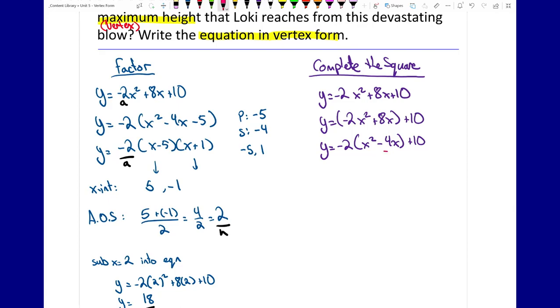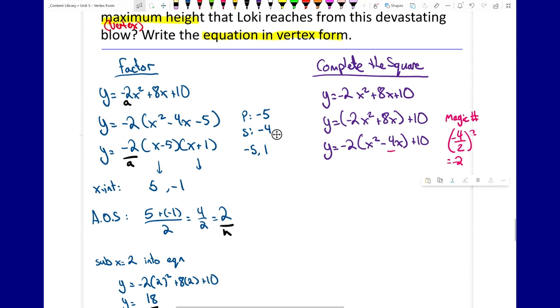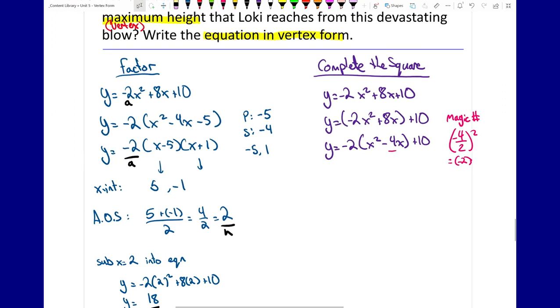I need to find my magic number by taking the b value, 4 or -4. It doesn't really matter because we're squaring it anyways. So we can take -4 if we want, divided by 2, squared, equals -2 squared. If you're going to include the negative, then just make sure you put brackets around it when you square it. So we get 4. So that tells me I have to add and subtract 4 inside those brackets. x squared minus 4x plus 4 minus 4